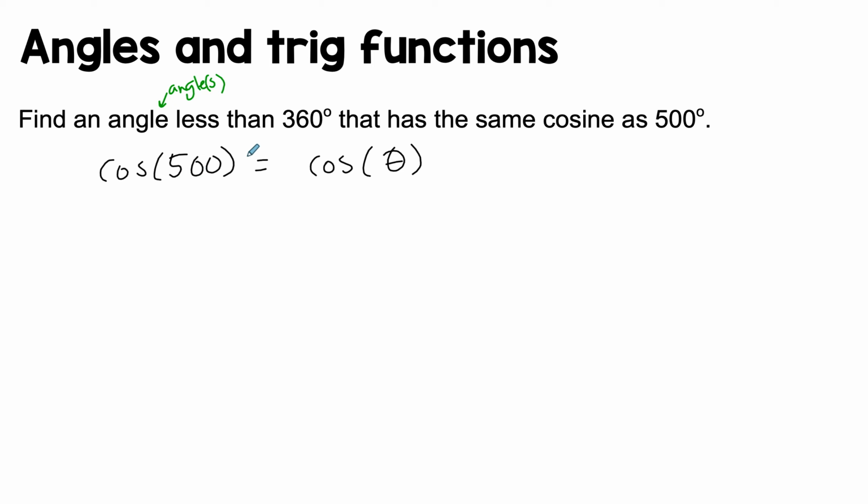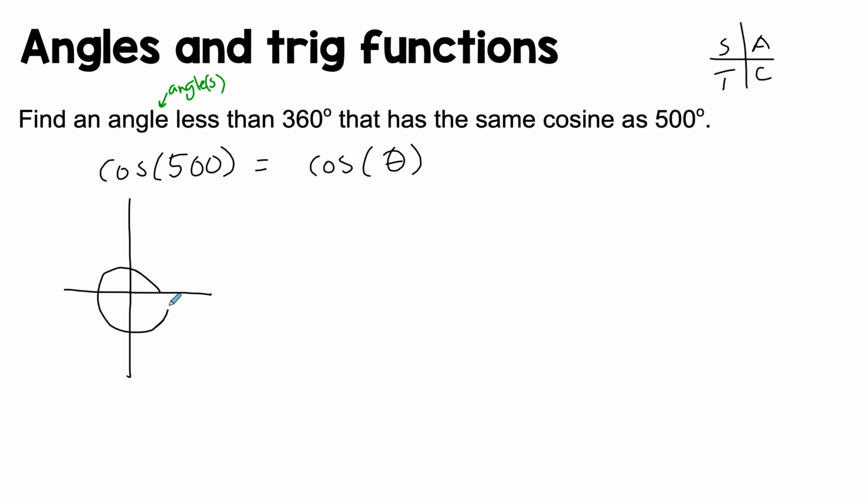Well, 500 is beyond 360, which means, as I've been mentioning a lot of times, go back and reduce it to your acute angle, because it's easier to find the acute angle and then find the associated angles with it. So you can evaluate this and see what it's going to give you. So is it a positive cosine or negative cosine, and then you're able to know where you need to be in here. But you can also find out once you know what 500 is within 360. So 500